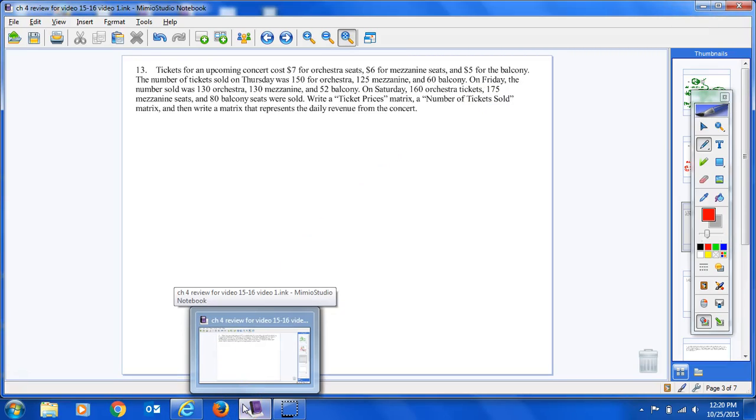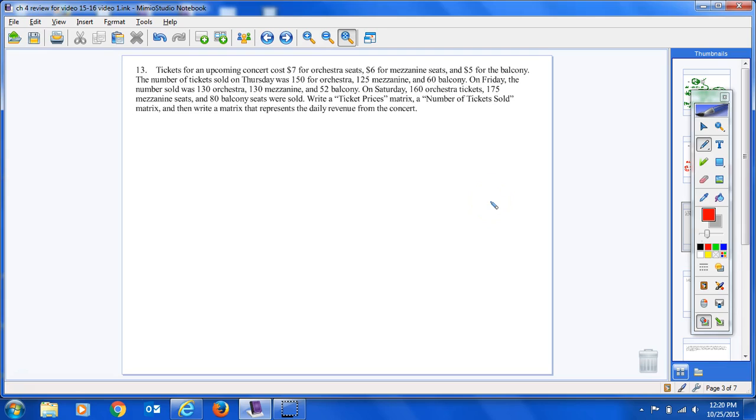Okay, another problem that some people tend to struggle with on this review sheet is this matrix word problem. So I just thought I would provide some help with this. Hopefully you've already read through the problem and what is being asked of you. We have information about different types of tickets, and we also have information about the number of tickets that were sold on particular days. So getting right to what we're instructed to do, write a ticket prices matrix, a number